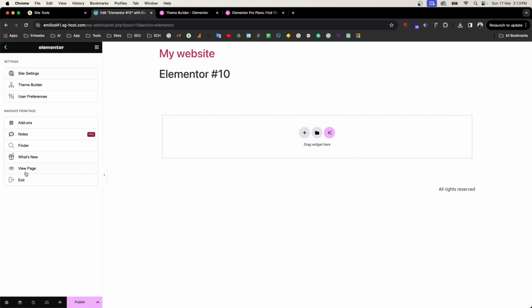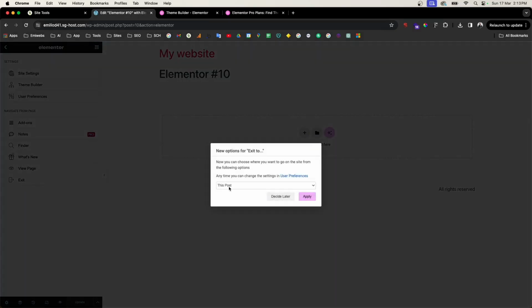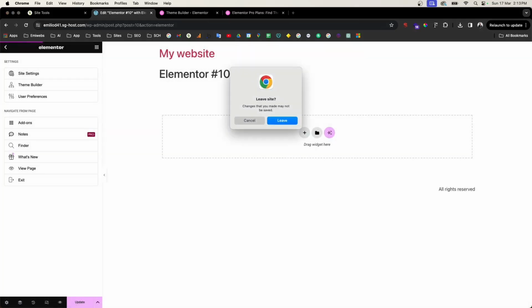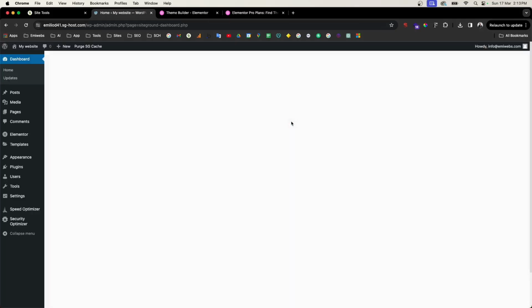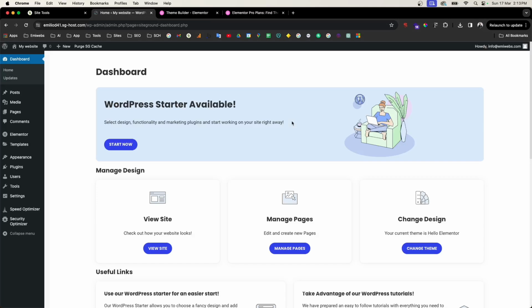Okay, going back, I'm just going to save this, publish for now, so it will be safe, and then I'm going to exit and go back to your WordPress dashboard. Okay, I just leave this page and it will take you back to the dashboard page. So what I want to do now